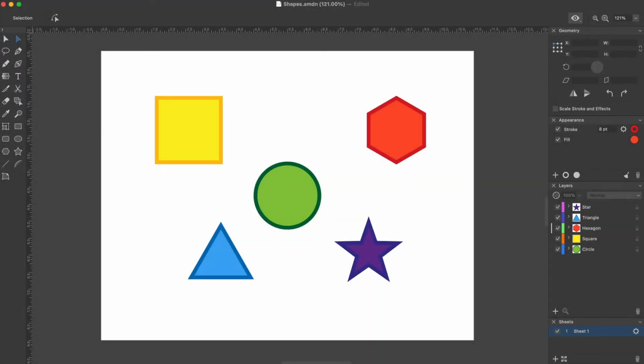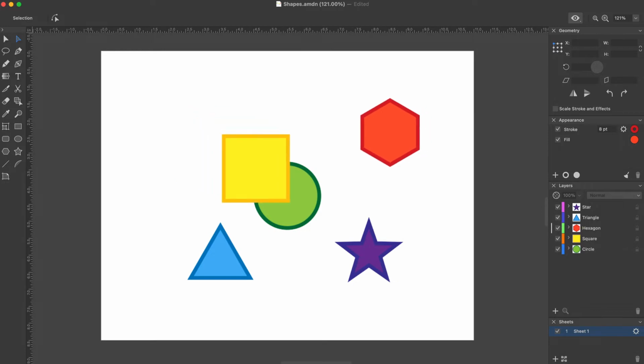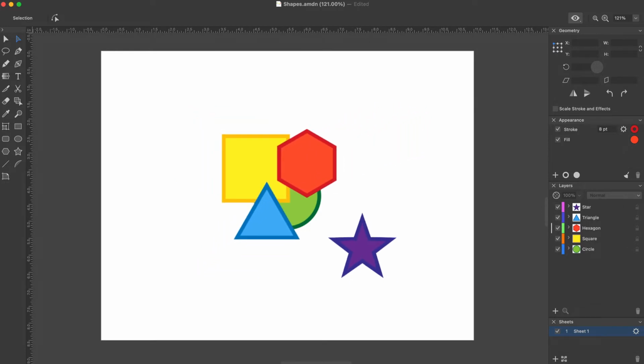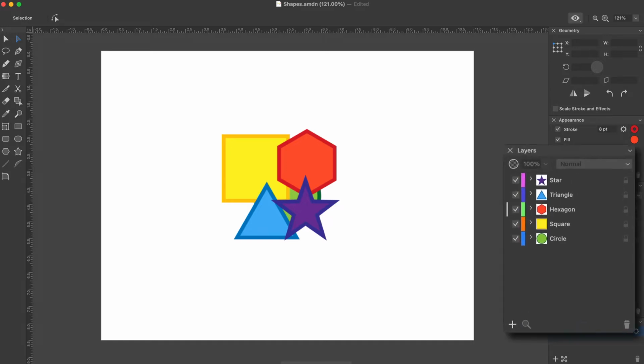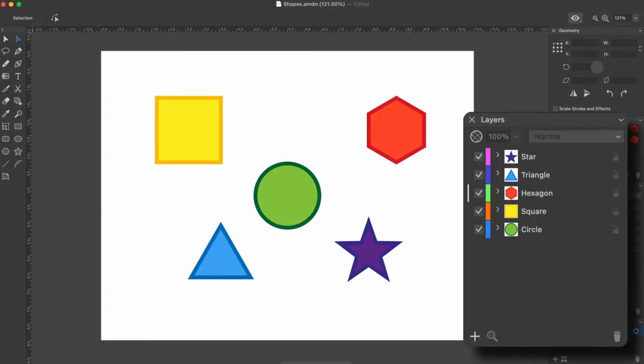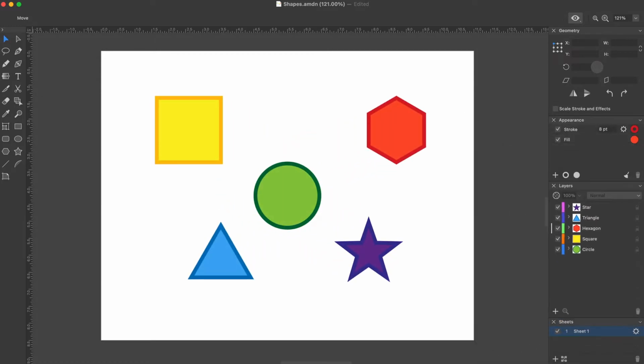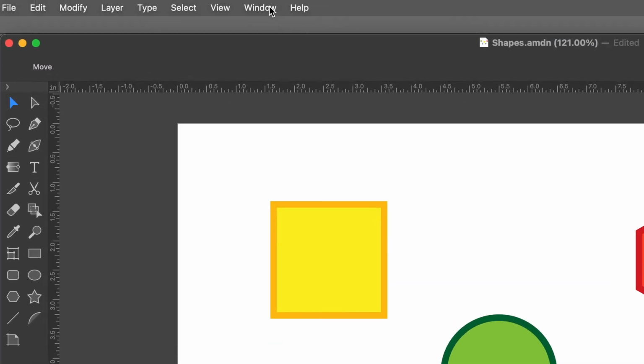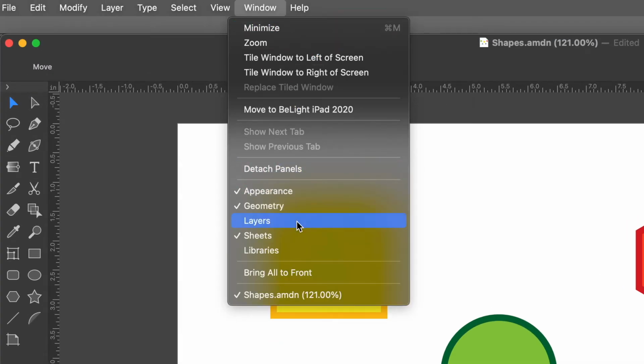It's important to understand that every object becomes a part of the layered structure. Let's have a brief demonstration of this. These shapes seem to be in the same plane, but if we make the shapes overlap, we'll see that one of them appears on top of another, and so on. We use the Layers panel to see how objects are arranged vertically, though it is not necessary that they overlap in your design. To open the panel, we select Window, and then Layers in the main menu.